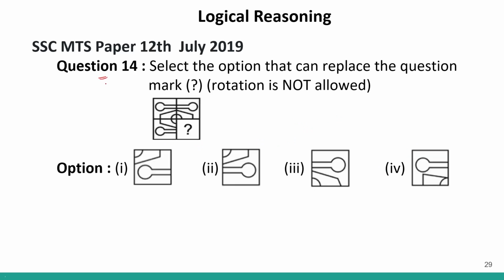Question number 14, mirror image question. So here I will see this hexagon. Hexagon means 6 sides, I will complete. So I'll get an image like this. Then I will complete this circle also. So I complete the hexagon and the circle. Then this over here, you can see is something like this. So I'll get this figure. This figure is given in option number 2. Option number 1 is facing the opposite side, but this will be facing towards the right. The head of the image will be towards the right, which is given in option number 2. Therefore, the correct answer will be option number 2. Clear?